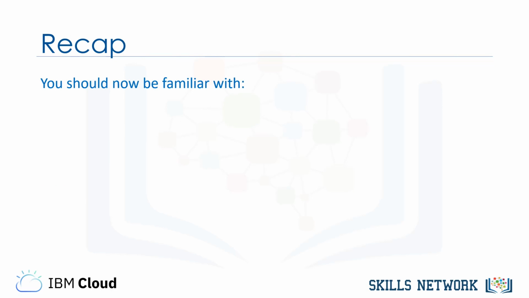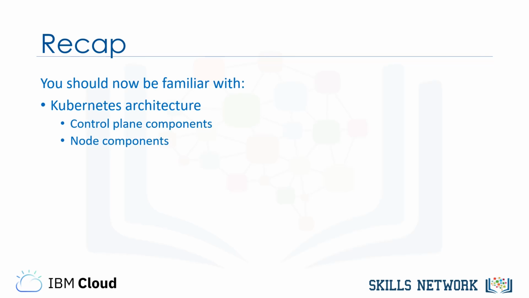You should now be familiar with the architecture of a Kubernetes cluster. Specifically, you should understand that there is a control plane made up of several components which makes global decisions about the cluster. You should also understand that there are separate nodes that run important Kubernetes components as well as user workloads deployed on the cluster. Finally, you should know what a controller is and how Kubernetes uses it to realize the appropriate state in a cluster. In the next video, we'll learn about Kubernetes objects, which are resources that can be created in a cluster.